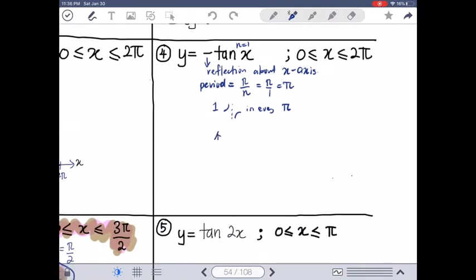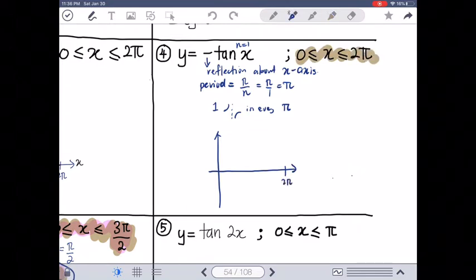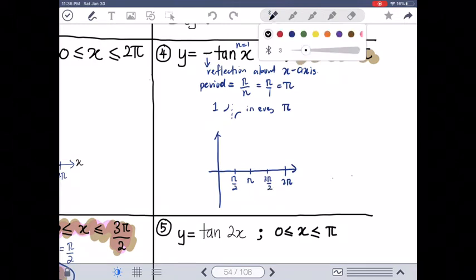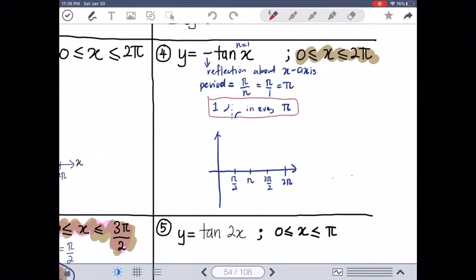So if you have the graph from 0 until 2 pi, we have 2 pi here, pi over 2, 3 pi over 2, and one cycle in every pi. So for every pi there will be one cycle,